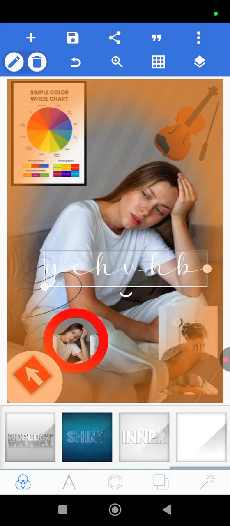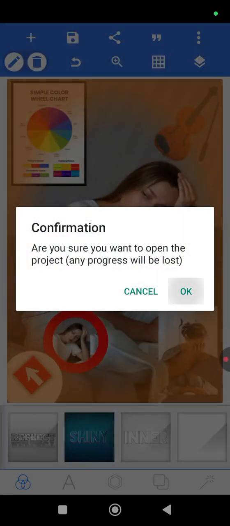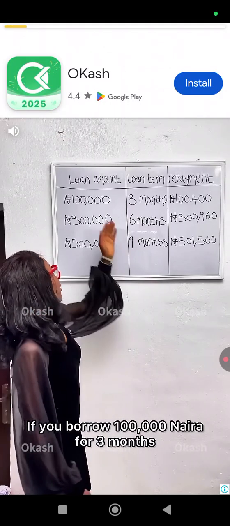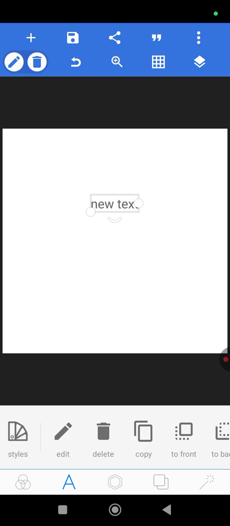So let me change this back to white, pure white. If you borrow 100,000 naira. So sorry about the ad. If your data is on while you're using Pixellab, you may be experiencing things like that. So here, let me just write